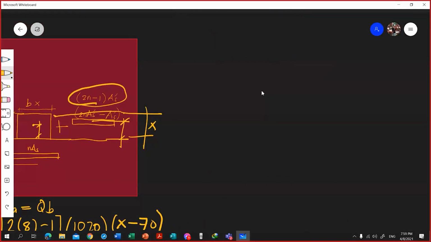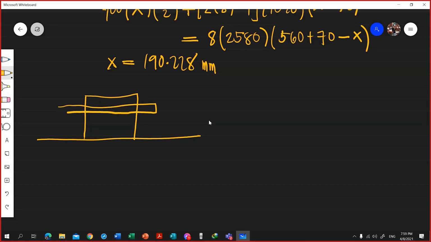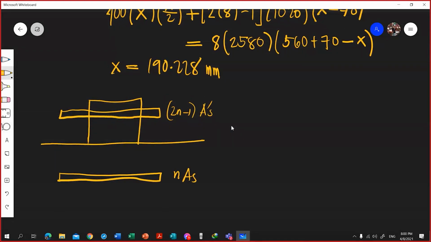Let me redraw this one so it's clearer. This is your neutral axis. This is the block of the concrete in compression. Here is the equivalent concrete of steel, this one is your 2n minus 1 ES prime. And down here is the equivalent concrete of steel in tension, this is nES. This distance we determined is your x,